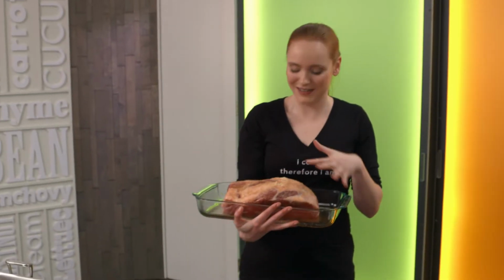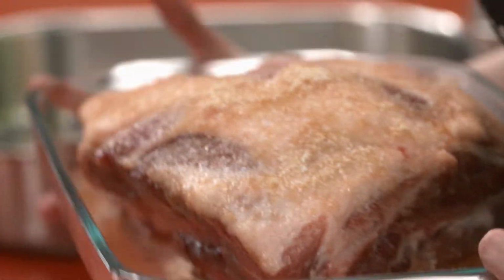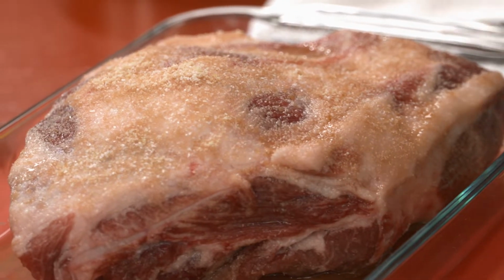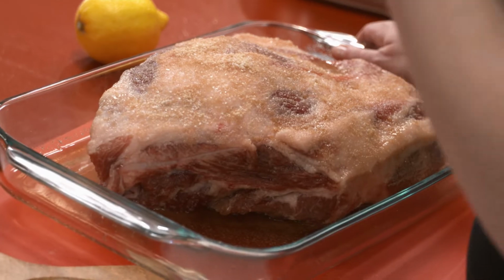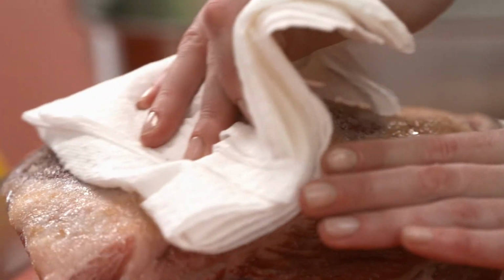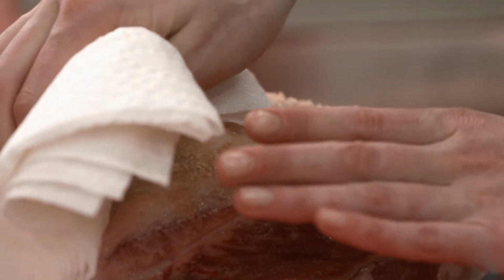This is pork butt, but it's not a butt, it's a shoulder. It's a delicious, cheap cut of meat that if you give it the right amount of time, it'll come out perfectly juicy and delicious every time. It seriously rocks. So I've covered this pork in some brown sugar and salt and let it sit overnight, and